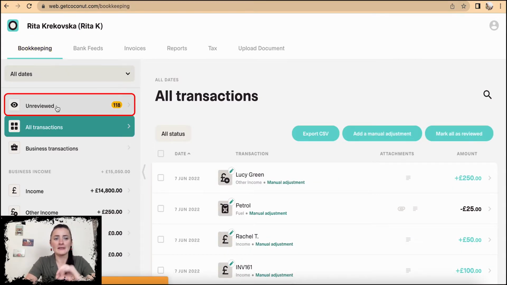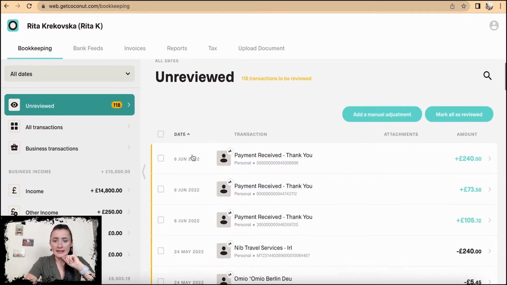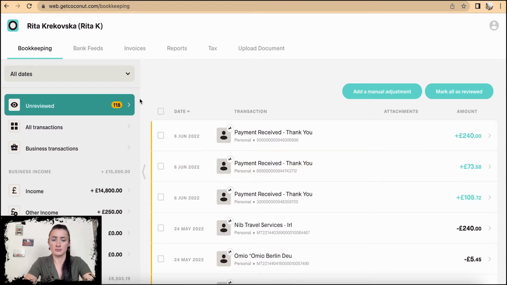Here, under unreviewed, are the transactions which need to be reviewed. So click on unreviewed, and I have a couple of transactions, well, more than a couple. If any transactions need to be allocated to business, because you can see all have been going to personal,